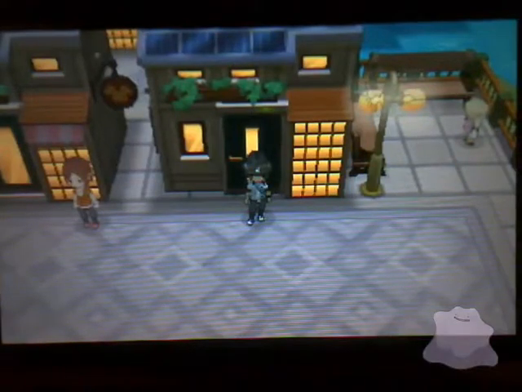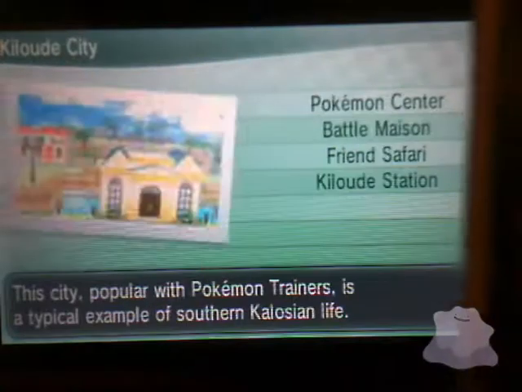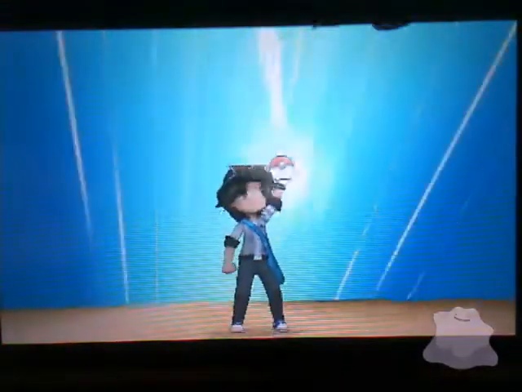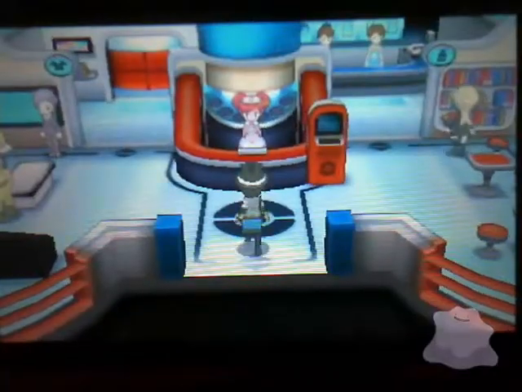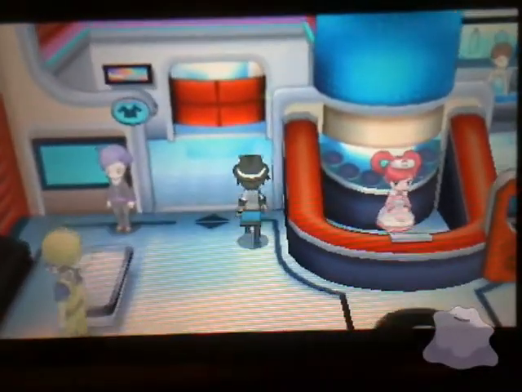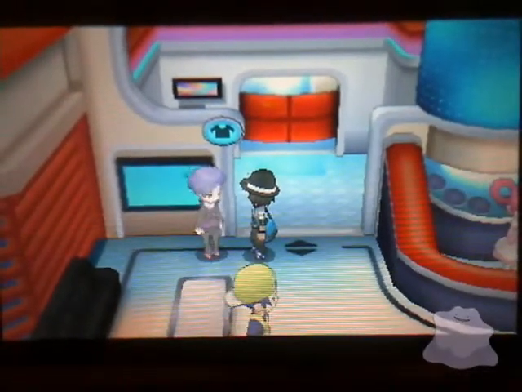Then from here you're going to fly to Kiloude City, and you're going to be talking to the IV judge, and he will tell you if you have 31 in any stat or what stat you have them in, and he will tell you they're terrible if you have 0 in them. So you go ahead and go right inside the Pokemon Center and talk to this man with the purple hair,